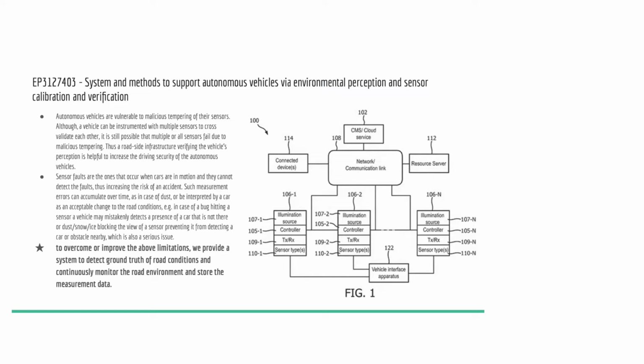So the additional problem here is that autonomous vehicles will be vulnerable to bugs or viruses or any malicious software or surroundings which will tamper with these sensors. Although they will have multiple sensors for cross-validating each other, it will still be possible to manipulate them so that all sensors will fail,